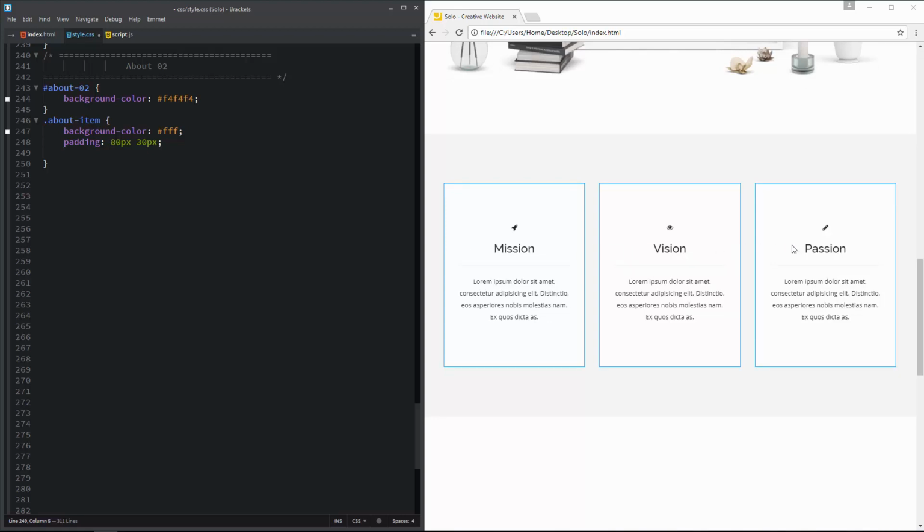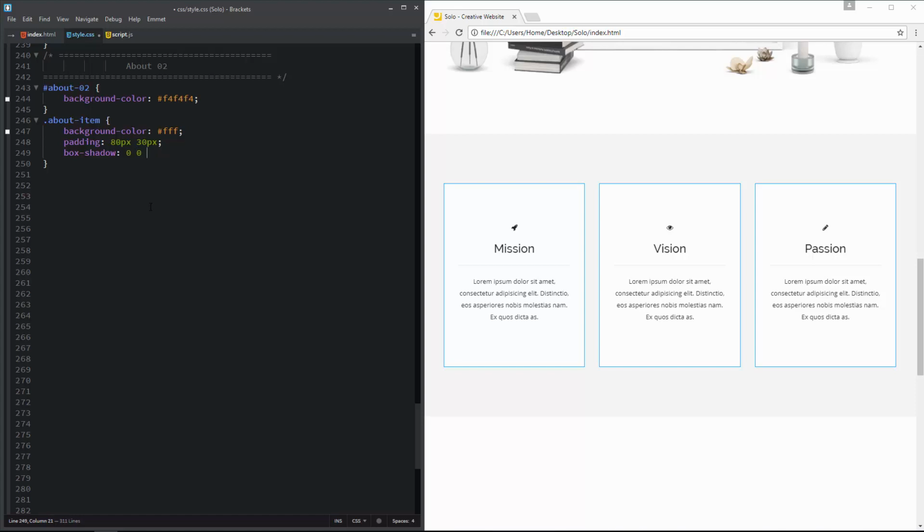Now I'm going to give a shadow effect to these boxes. To give the shadow effect, I'm going to use the CSS box-shadow property. This is the CSS box-shadow property and it will help us to create shadows for these boxes. Now I'm going to set values for this box-shadow property. First I'm going to define the position for the horizontal shadow, which is 0. Now I'm going to define the position for the vertical shadow, which is also 0.